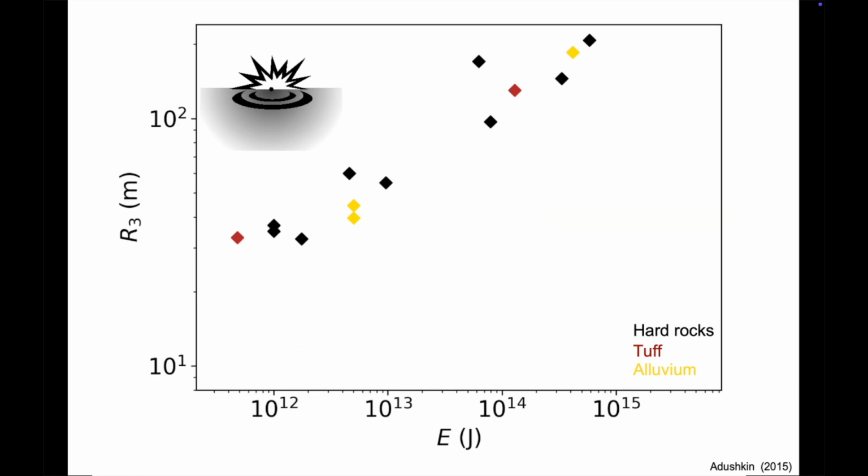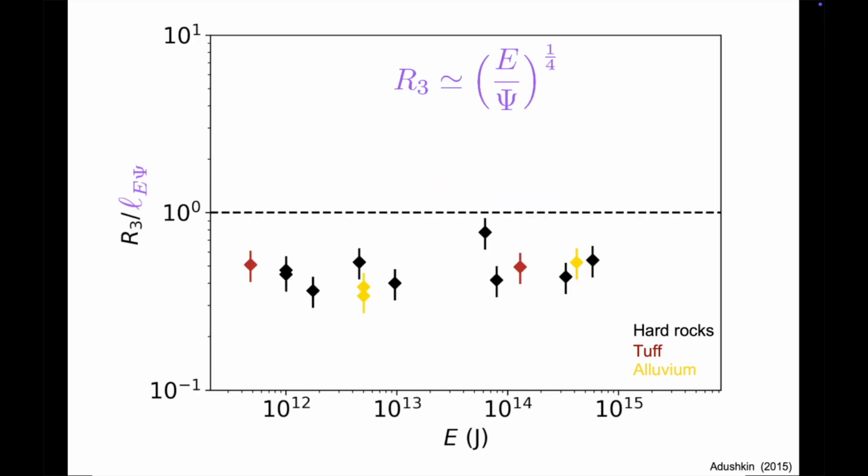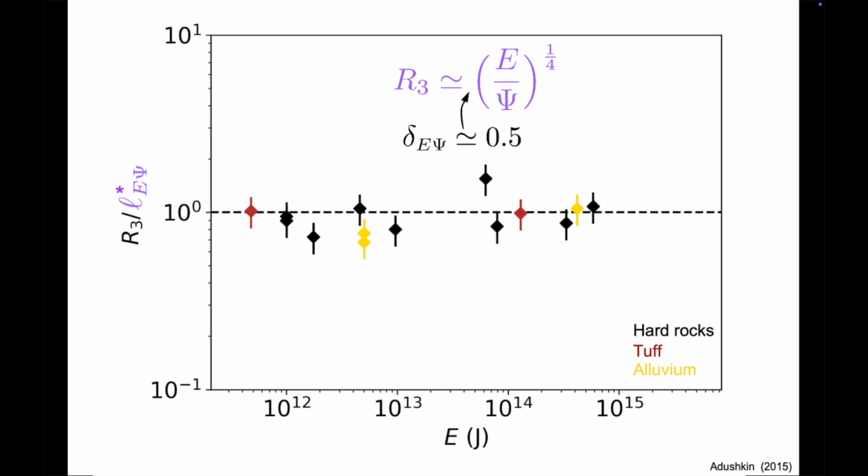If we focus on these craters, we may now ask if they follow the scaling combining the energy of the explosion and the weight density of the soil. For each explosion, we know the energy and the density of the soil with some margin of uncertainty, so we can plot the crater radius scaled by the simple length combining energy and weight density. Here again, a better agreement between the data and the model is reached if we introduce a numerical factor, here around 1/2. In other words, the simple length on the right is a good estimate of the diameter of the crater, something we've seen already with the Sedan crater.